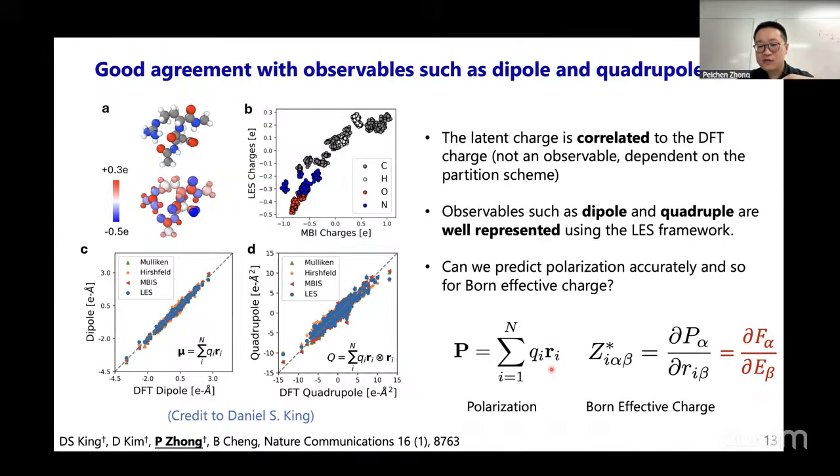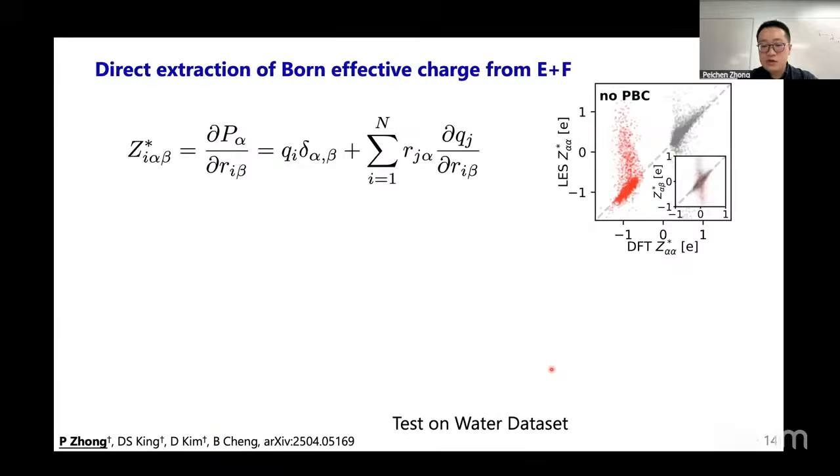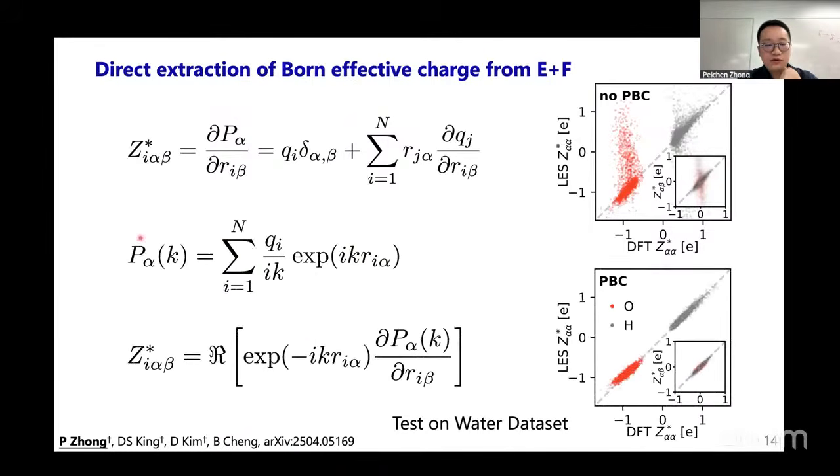And this is non-trivial in topology, which is related to the Berry phase. So to deal with that, you need to compute the polarization in a complex form, multiply by the phase factor, and take the real part to get the Born effective charge. This is how we deal with the periodic condition in the simulation box. And after that, one can see the Born effective charge derived from the machine learning agrees very well with the